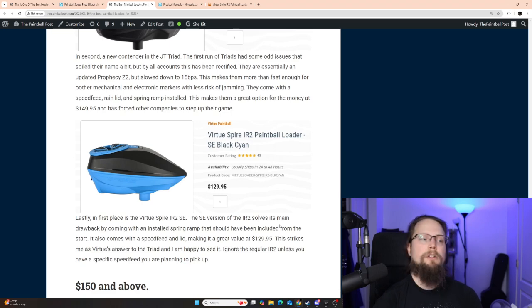So that first-time user is not going to have a very good experience with your product. All you have to do, Virtue, to solve all the problems that I have with your IR2 is put out a manual. You've solved the spring ramp because you're including it now. You've started to include a speed feed. You don't even have to do that. You could sell an SE without the speed feed and just price it directly against the LTR, and you're going to be laughing. You've got then two very strong competitors in that price point as well, right? You'll end up having 3 price points worth of loaders just by changing that. But